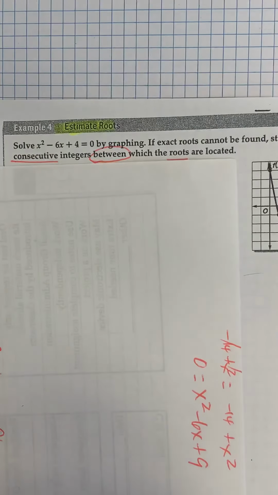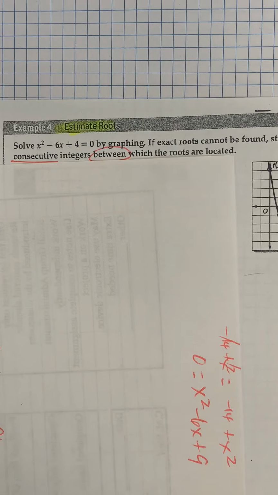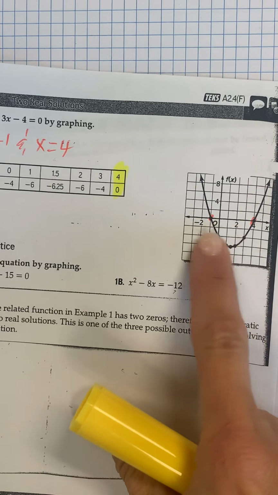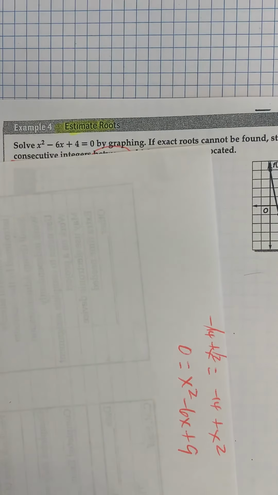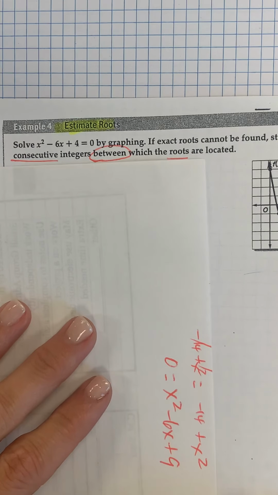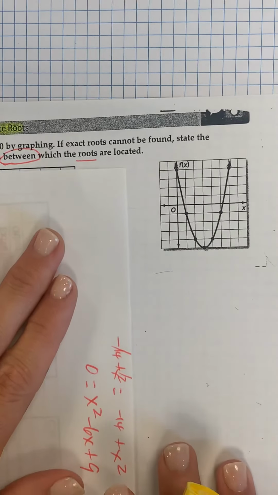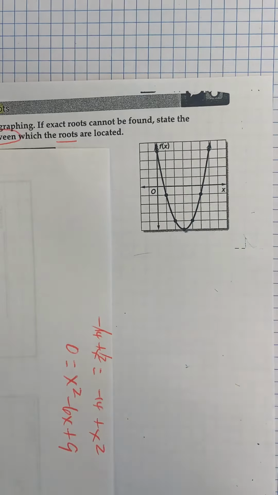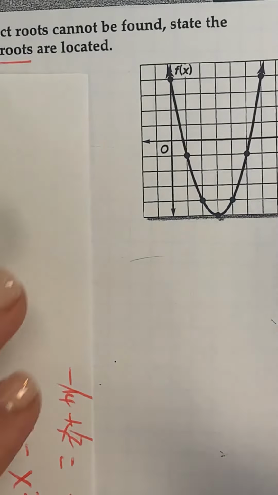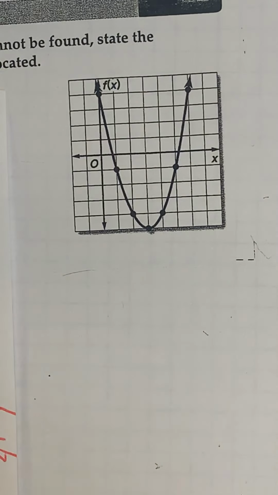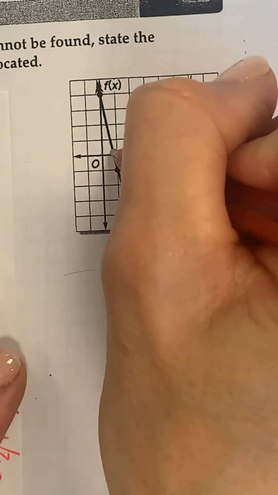Okay, so they're not whole numbers. They're not integers. These roots are not really easy to see on the graph like these are. So we're first going to estimate them from a graph or a table, and then I'm going to show you on the calculator how to actually calculate them. Okay, so let's look at the graph here. Again, the roots are the x-intercepts. So it's this